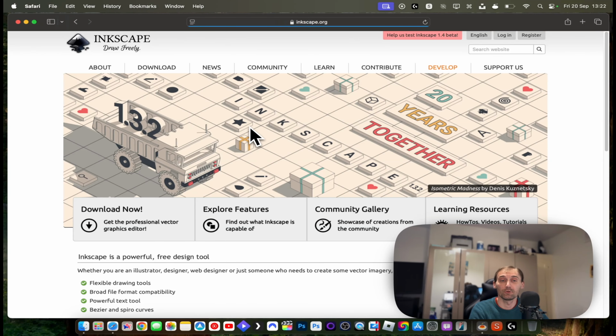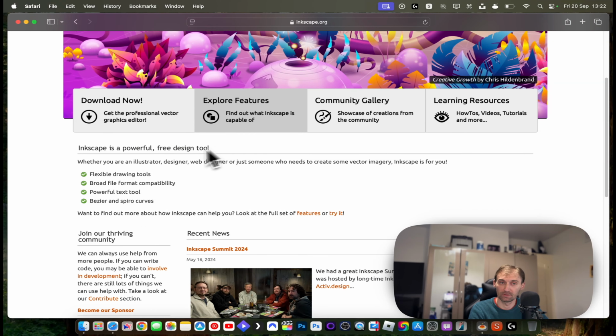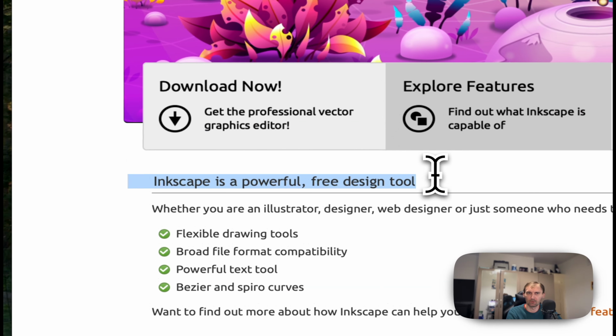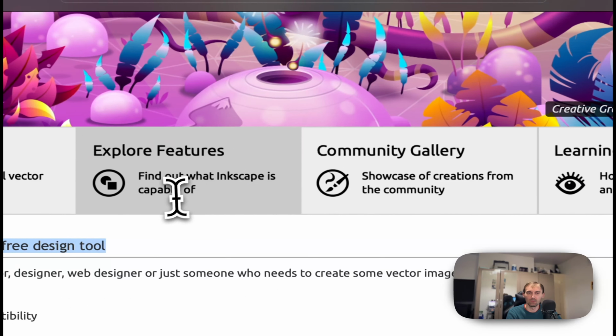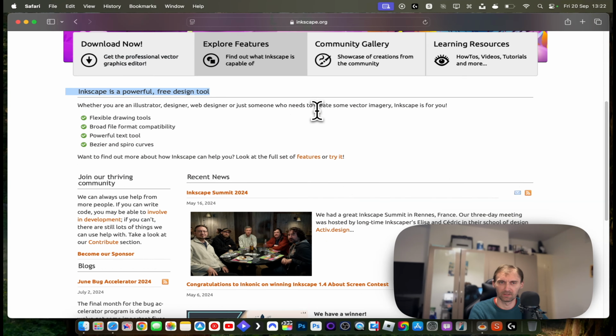Now, another one you might try is Inkscape. Inkscape is a free application and it's open source. And don't get me wrong, it has some really powerful things that you can do with it. The only thing that I'm not a big fan of, and I only tried it once, so don't take my word completely on this one,